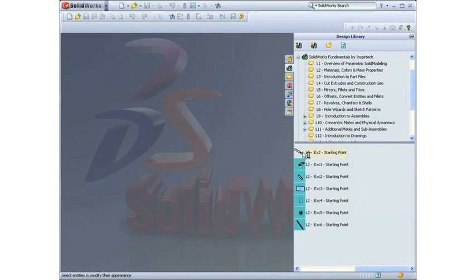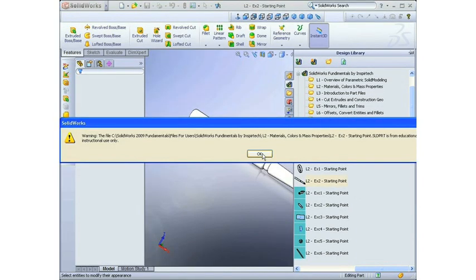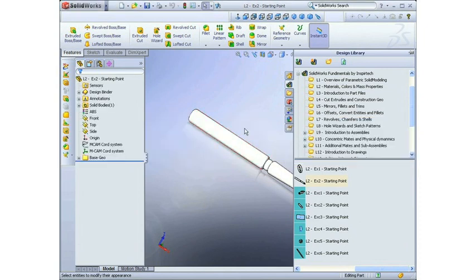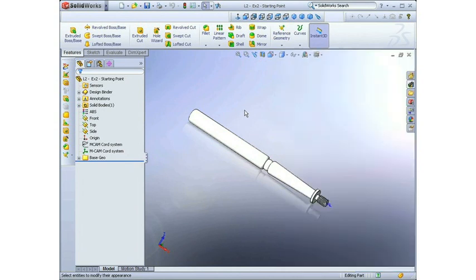I'll double click it to open it and select OK when I'm prompted with the warning that this is an instructional file. By selecting somewhere in my graphics area, I'll collapse my design library, and then I can proceed to saving a copy of this file in my own working directory. To do so, I'll simply select Save As,